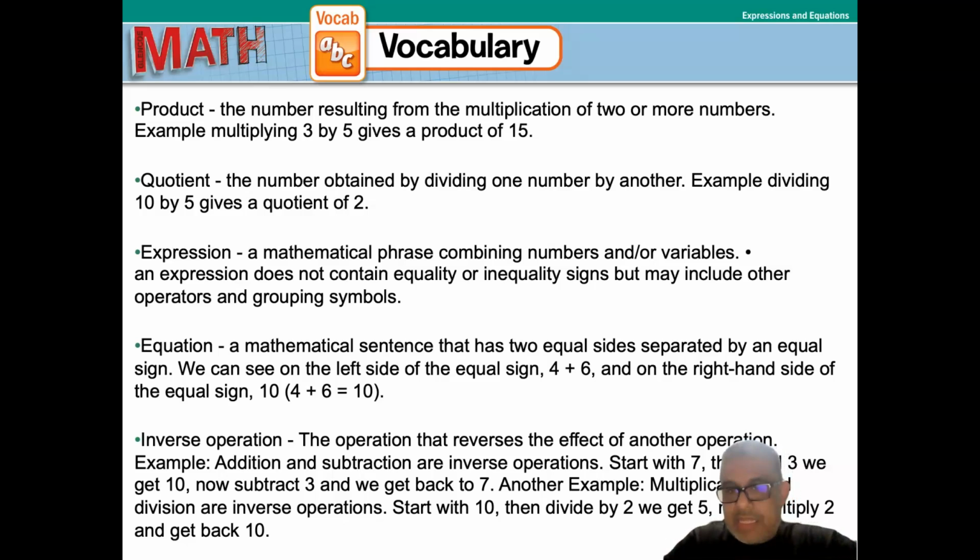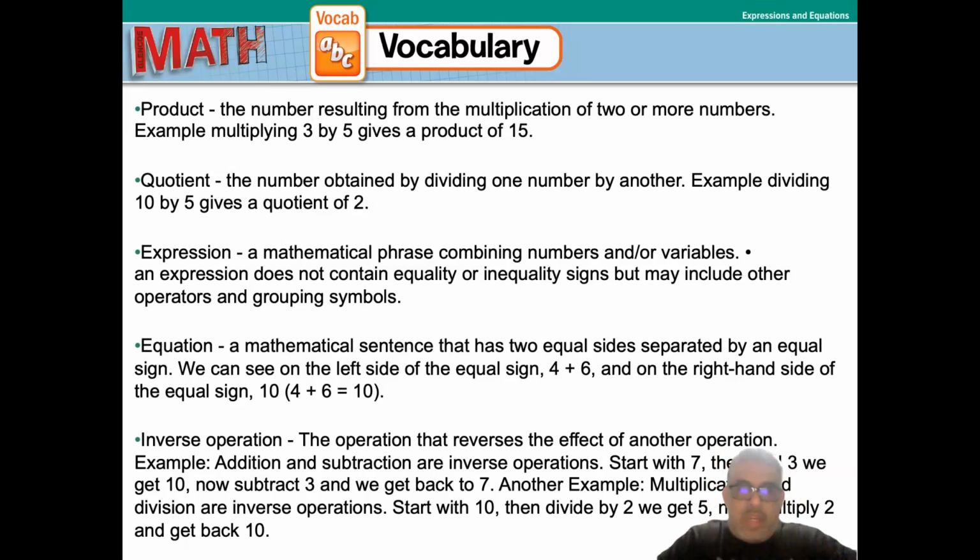We will study this later, but may include other operators and grouping symbols, parentheses, brackets, the other operators. You'll learn about them as well. Now we move on to the word equation. A mathematical sentence that has two equal signs. Look, equal again, separated by an equal sign. So we're looking for an expression on the left, an expression on the right, and in the middle will be